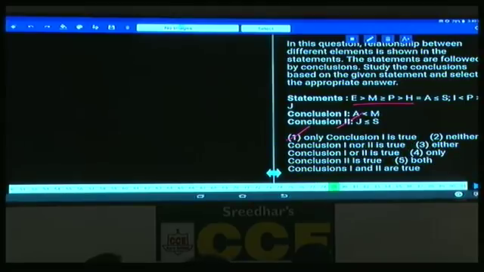Then 79. Now in this question number 79, what is the answer? A and M. M is here, A is here. The element which is common is, forget about this, equal to M is greater than A lesser than M, definitely true.